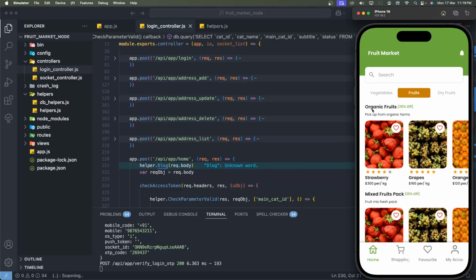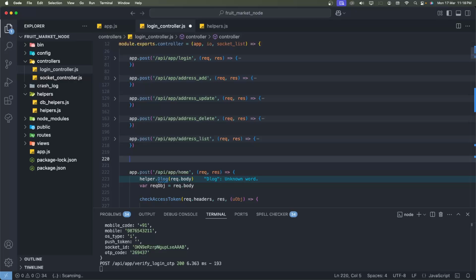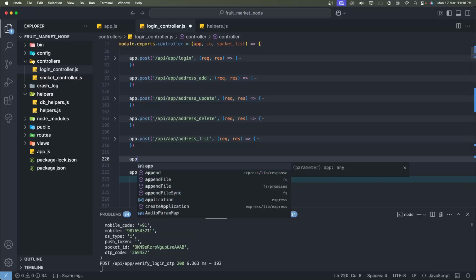First of all, you need to make this API, and then set all the data for the home screen integration. First of all, you need to see how to make it like this. We need to create the API here. This is a normal API. We need to create a post API. We need to write app dot post,